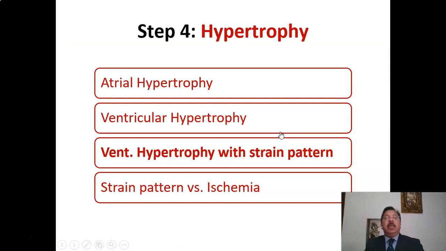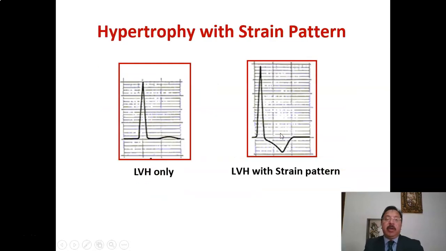Now we'll see the ECG findings associated with ventricular hypertrophy and strain pattern. When the left ventricle is hypertrophied, we will get a tall R wave. But over the passage of time, long-standing hypertrophy puts a strain, and we'll get a strain pattern, where T wave and ST changes are seen opposite to the QRS complexes, like this one. This strain pattern shows a gradual downsloping of the ST-T wave and then a sharp rise.